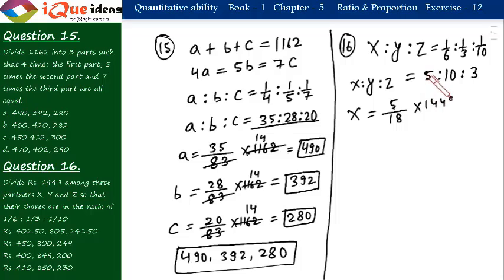Now this won't get cancelled directly, but it can be cancelled by 9. So 9 2s are 18 and 9 161s are 1449. Let's see how many times it divides: 161. And 161 into 5 would be 805 rupees. So the first one's share is 805